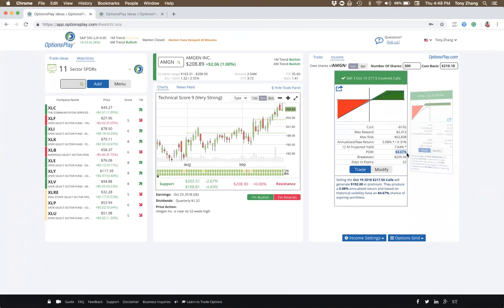So it's already done the work of finding the appropriate expiration and strike price, and then provides me with all the analytics that I need to decide, is this a trade I want to make? So Amgen pays a 2.5% dividend, which is a pretty nice dividend, but this covered call yields an additional 5% yield on top of that. So if I'm looking at selling covered calls, then I would consider looking at the October 19th